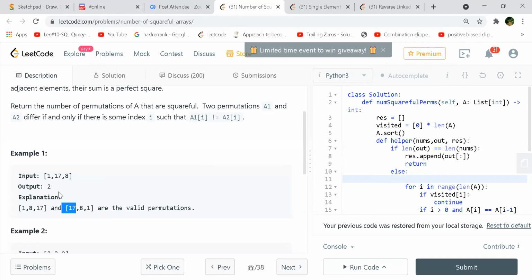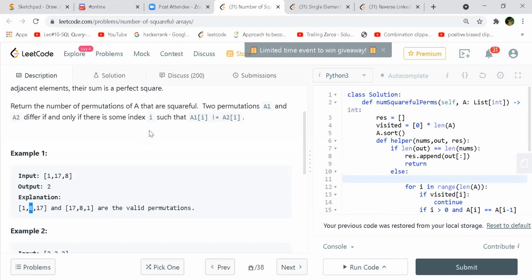What is that condition? Okay, so the two different arrays, A1 and A2. Like at the same index the element should be different. Like at the 0th index it is 1, at the 0th index it is 70. But that's not the same with the first index, right? What is this then?